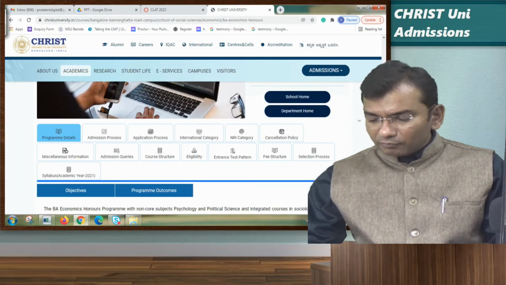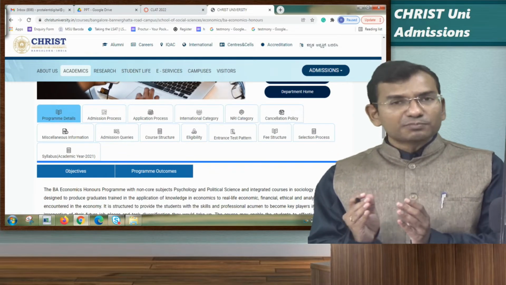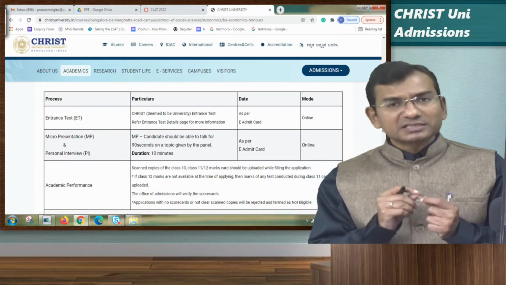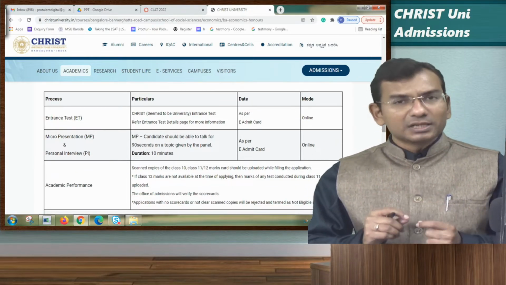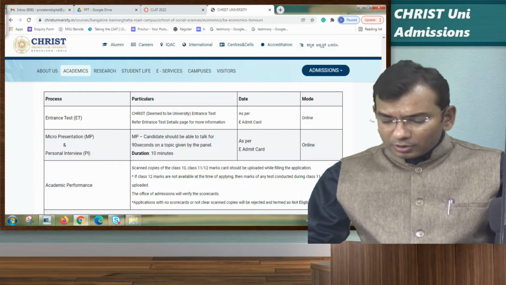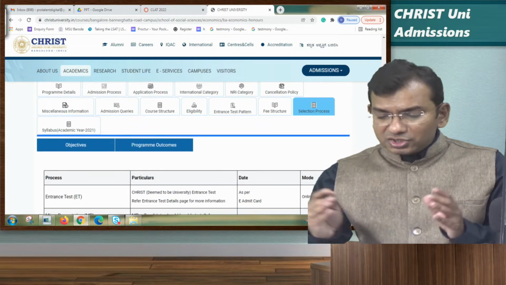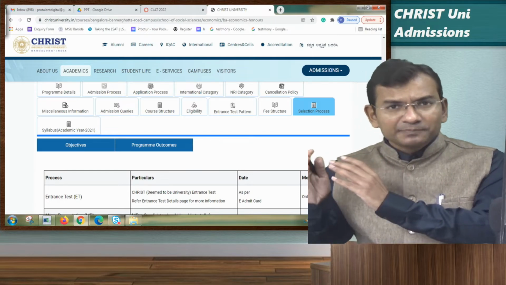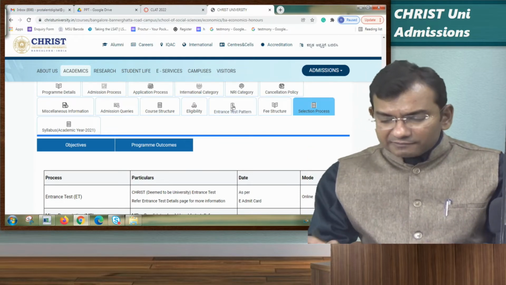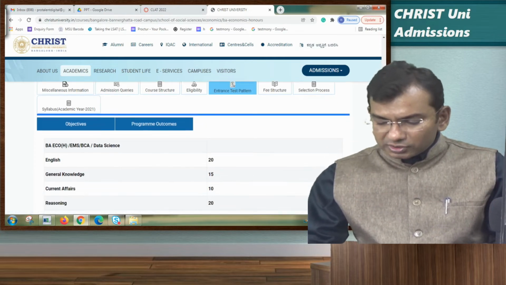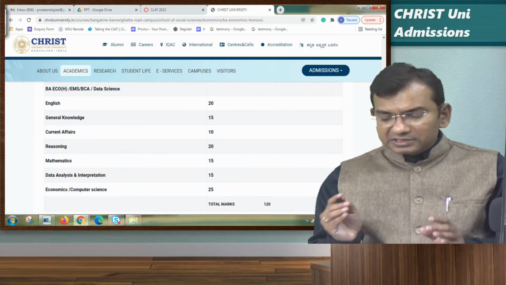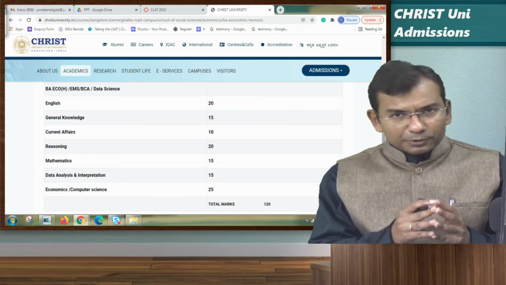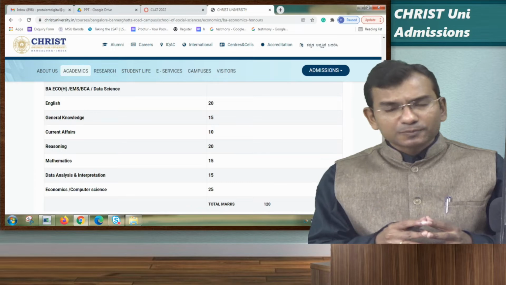Now, what I'm going to discuss is the selection process. The selection process, they say, is an entrance test, micro presentation, and personal interview. They have not mentioned the structure of the entrance test for the BCom program, but here they've clearly mentioned it. So this is the exam structure for the BA Eco program, or let's say data science program kind of